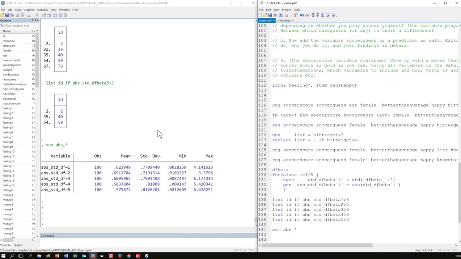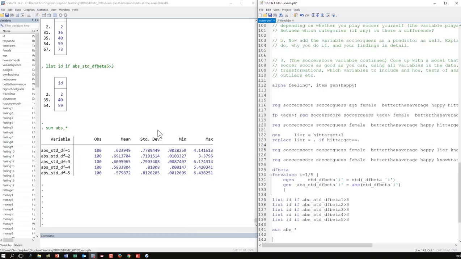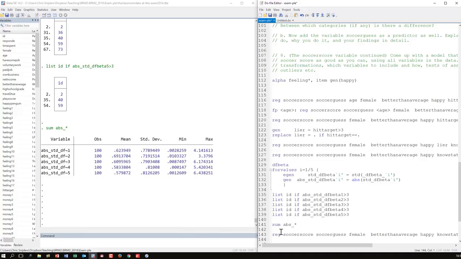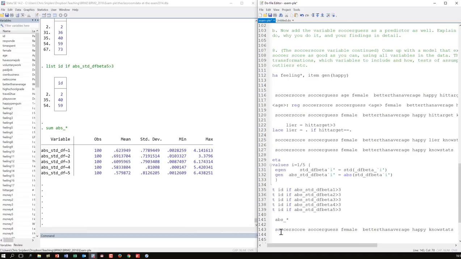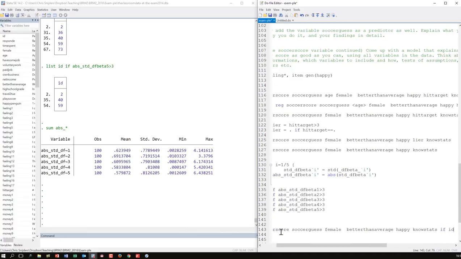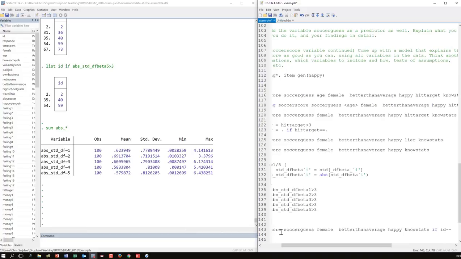So the first thing I would now typically do is double check if I rerun my regression without these two cases, does that make a substantial difference in the sense that variables that are not significant now do become significant, or the other way around. So that will be my first try here. What did I say? 2 and 40.